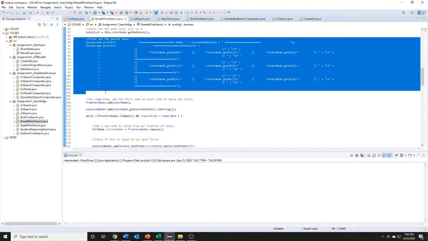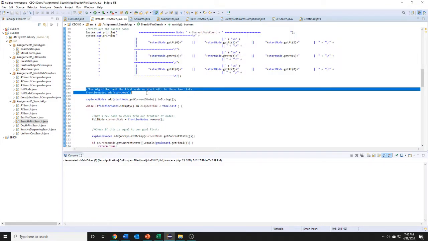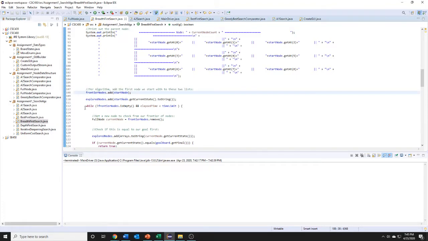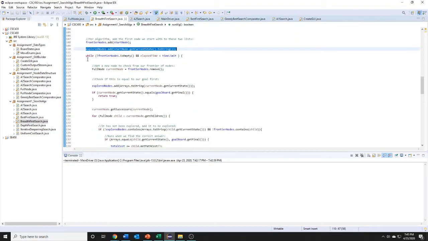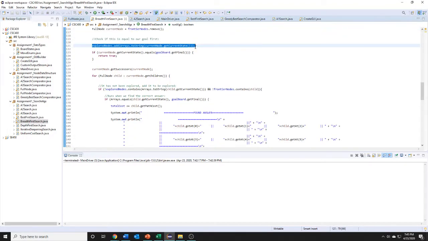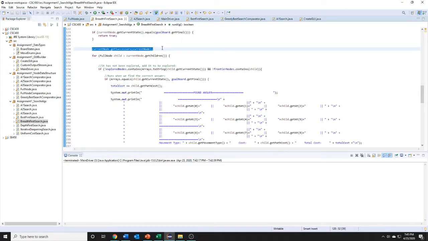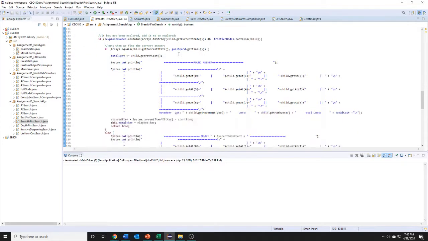The logic behind my code here is that per algorithm, every time we start this up, we add our very start node to the frontier, and then we also add it to the explored. Then we check if the frontier is empty and we're within the time limit, being that little box that I talked about earlier. If we're successful in both of these, then we create a new node from the frontier, we add that into the explored, and then we check if that's equal to the goal. If it's not equal, then we do the getSuccessors function, we iterate through all the children of that node,